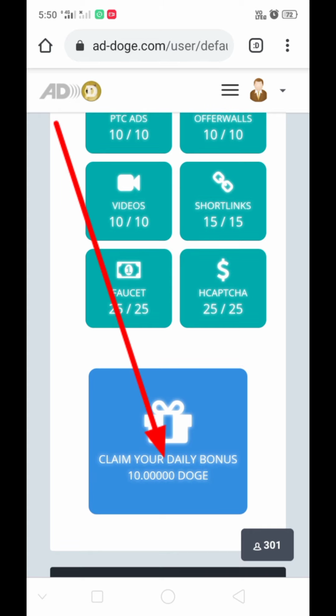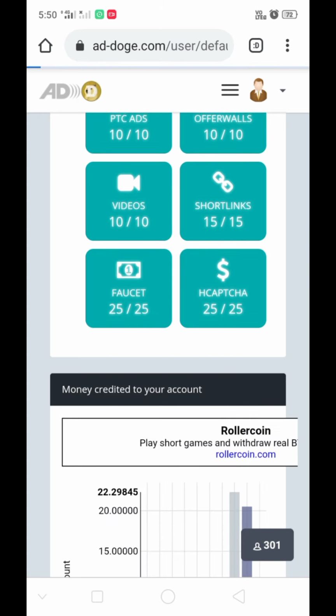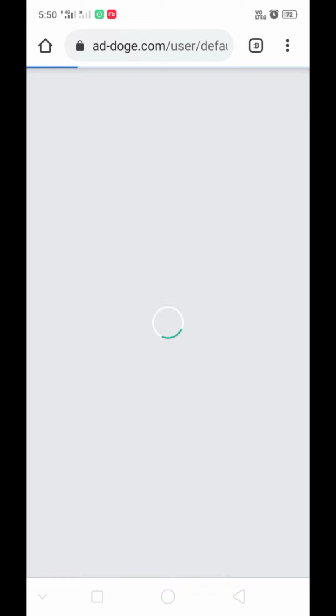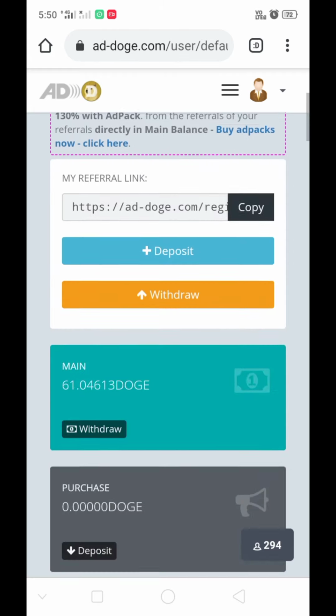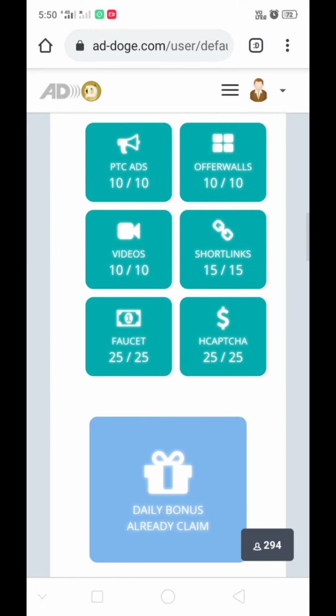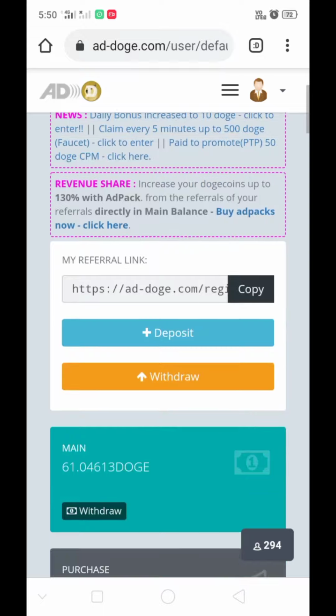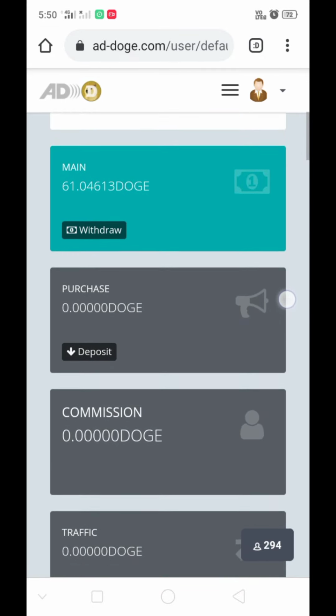Now I claim my daily bonus of 10 doggy. See there, I collected my daily bonus. Now I have 61 doggy coins.